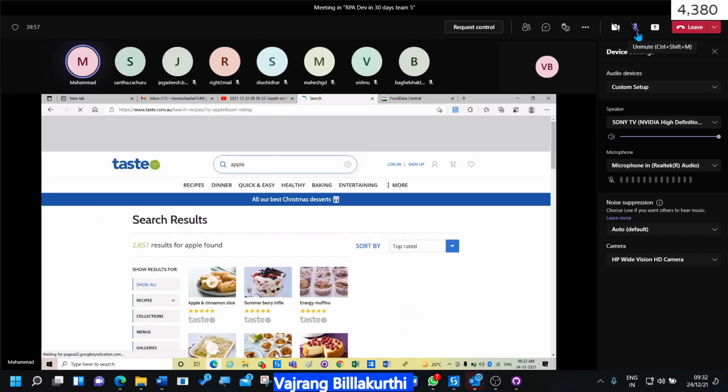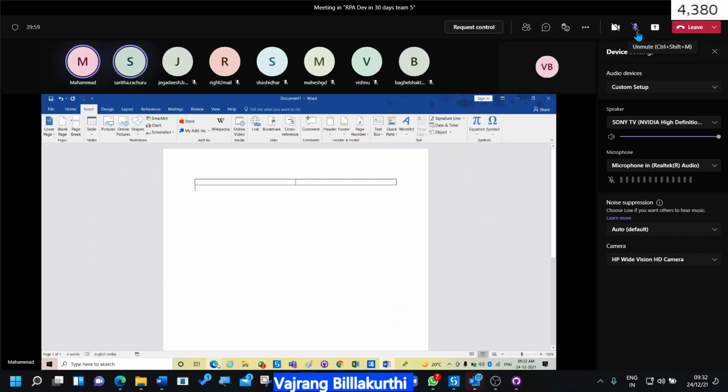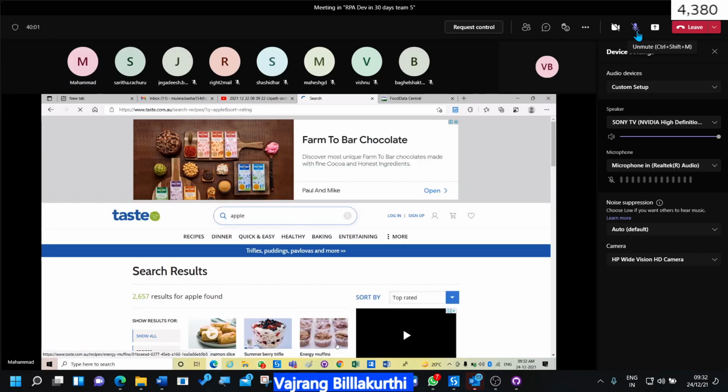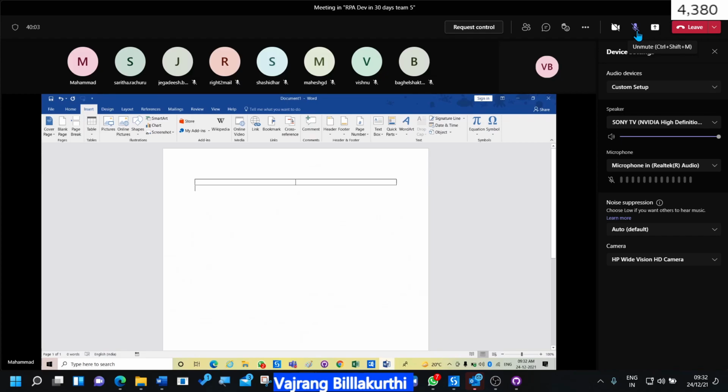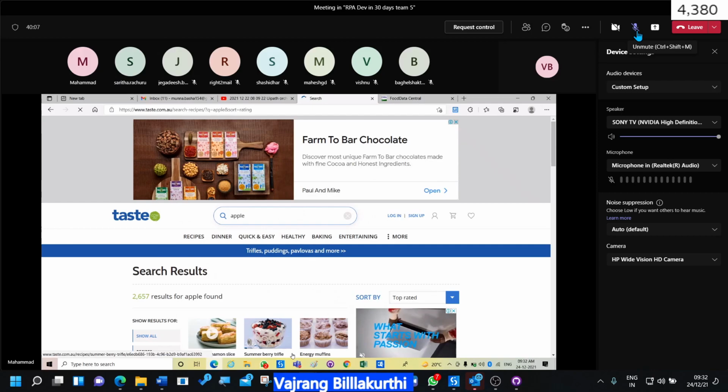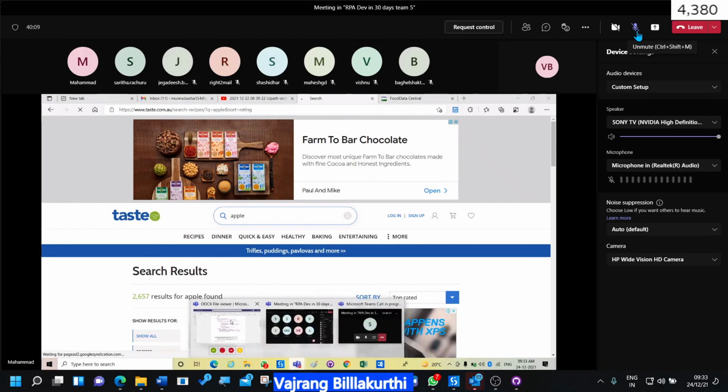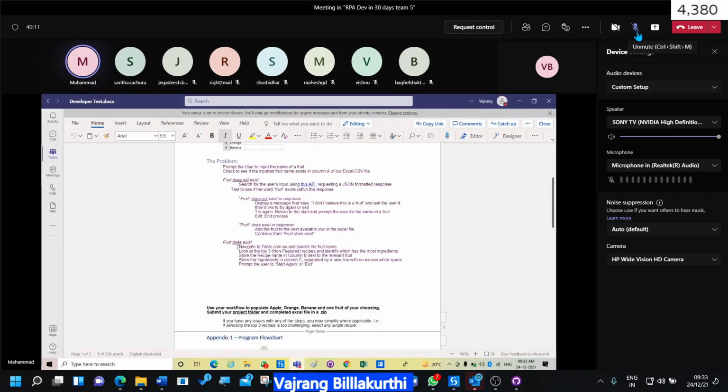Just go by the document. Don't think on this. So here, if the particular fruit exists in the Excel file, go to this website and search for the fruit name. Look at the top 3 non-featured recipes.